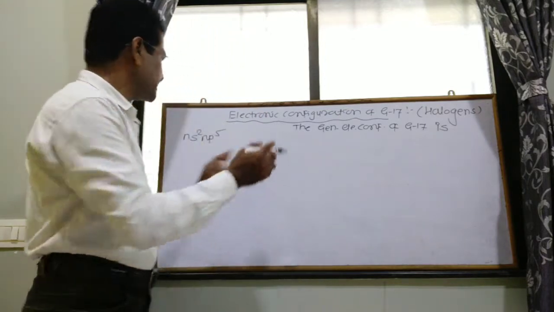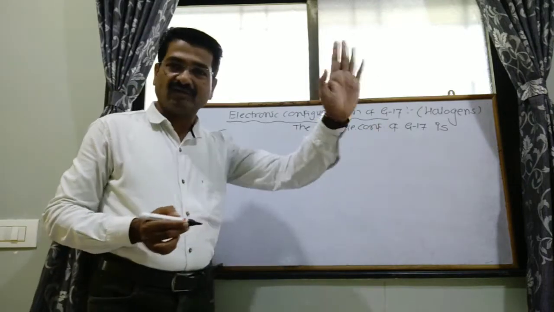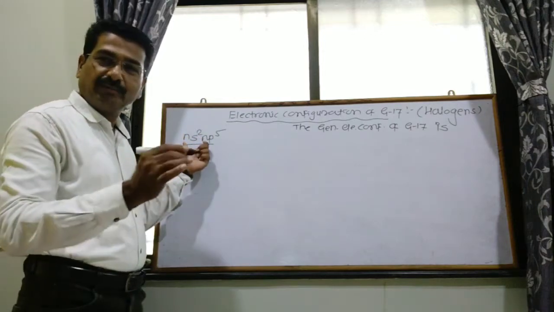So the last shell contains 7 electrons. The general electronic configuration of halogens or G17 is ns2 np5,